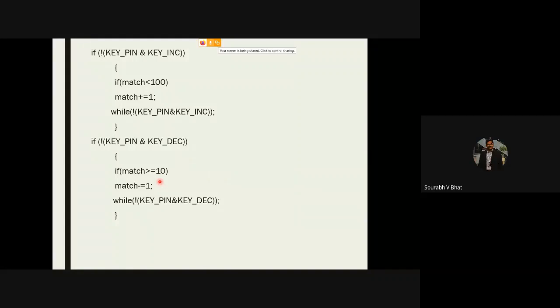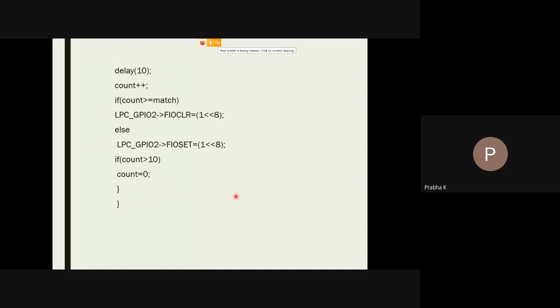And the next if condition also, please. Yeah. Here, count is one variable, the match is another variable. Both values are compared in order to ensure that your motor will not exceed the standard high speed, which is designated for the particular motor. So we are using two variables, count and match. And I'm fixing the count value as 10. The maximum count value is 10.